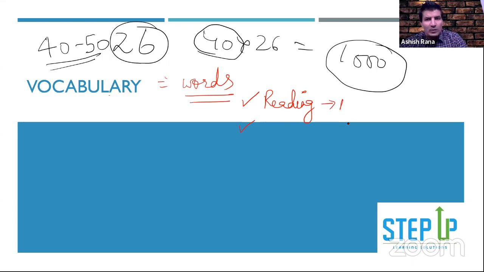Okay, but do you think you have the time and luxury to read novels now, when your exam is just 2 months away? Honestly, it's not correct. You don't have time now to read novels and all. But what you can definitely read is, you should read newspapers, right? Now when I say newspaper, I'm not saying only physical paper, which comes to your door, but I'm saying it could be anything online also.